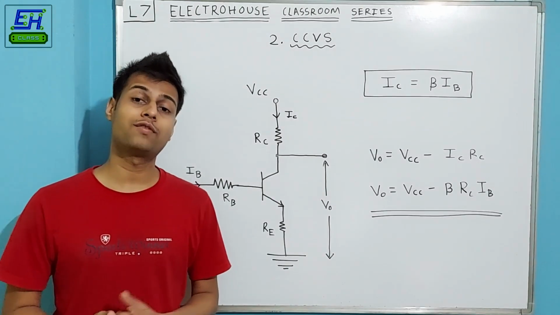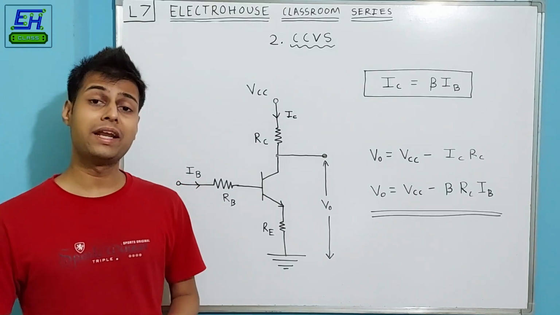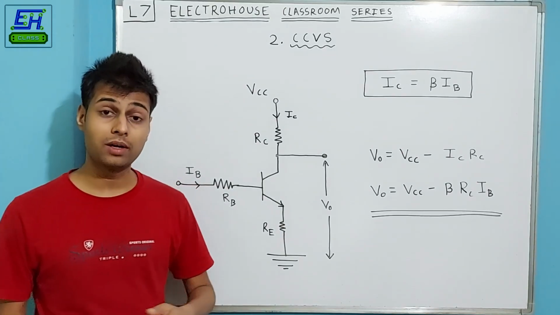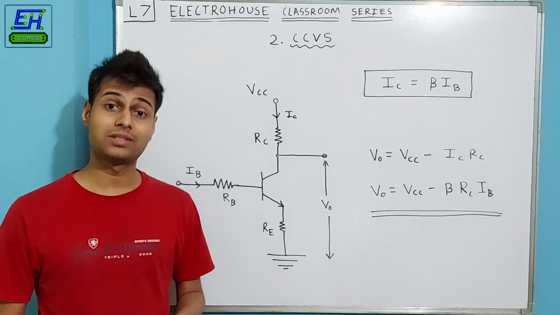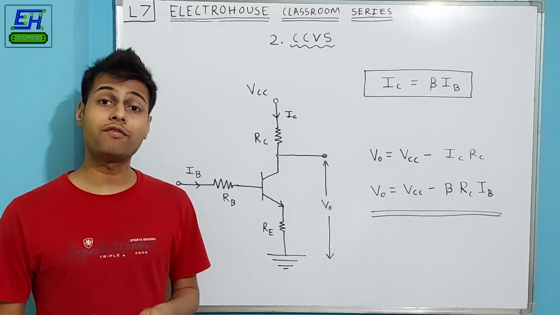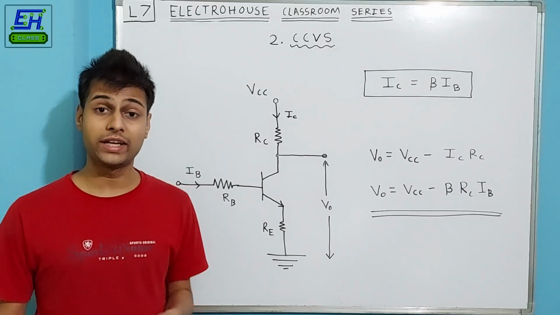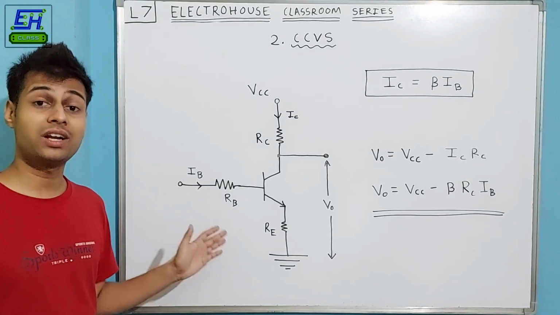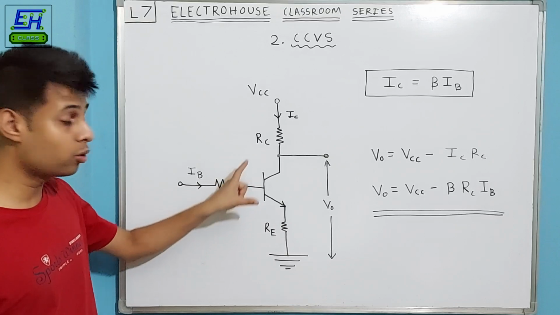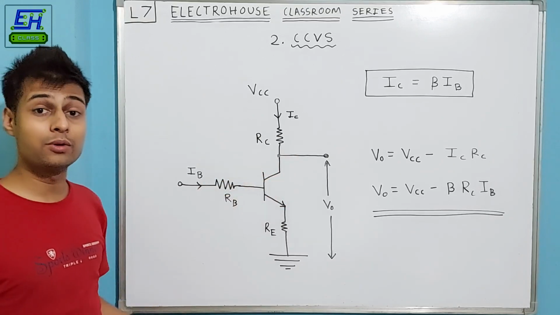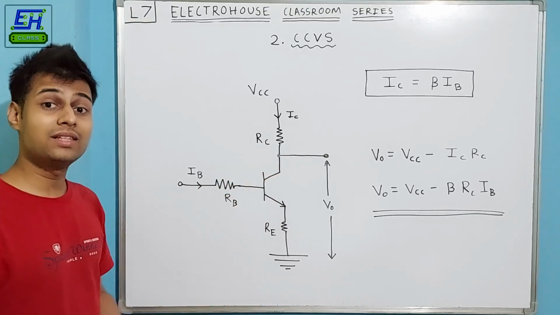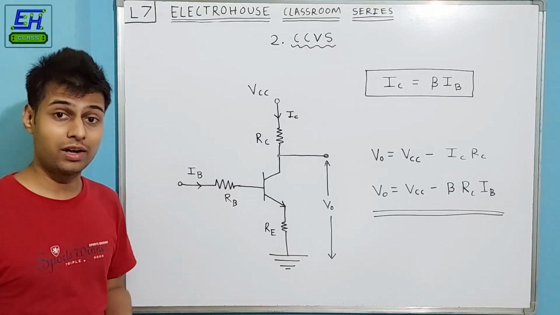And now the applications of current controlled voltage source. You see many devices like analog to digital converters, comparators and microcontrollers that we use are only capable of measuring voltages easily. They cannot measure current as easily as voltage. So this circuit can help us to measure currents by first converting it into a corresponding voltage that we can use. And so this circuit can be considered as a current to voltage converter.